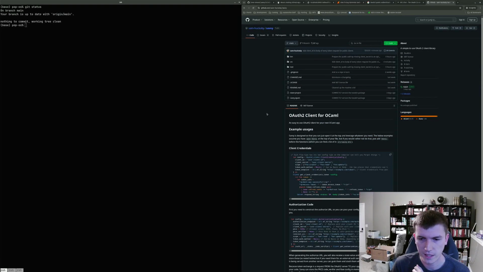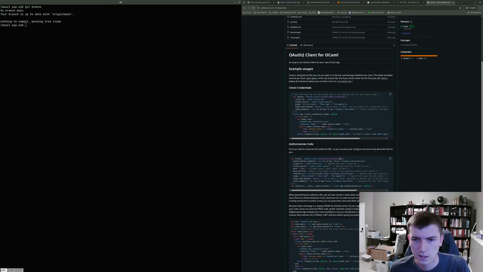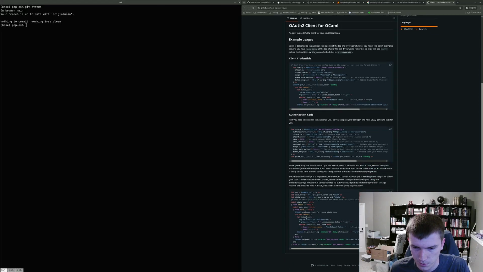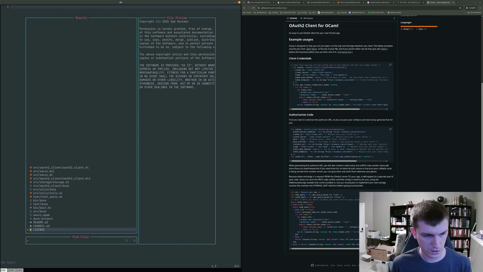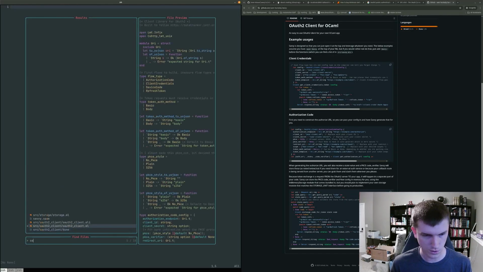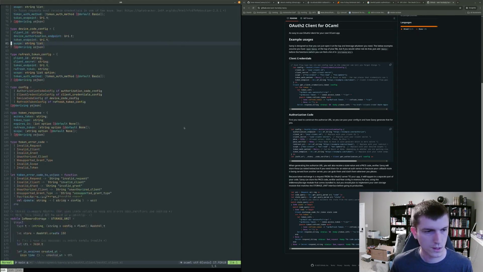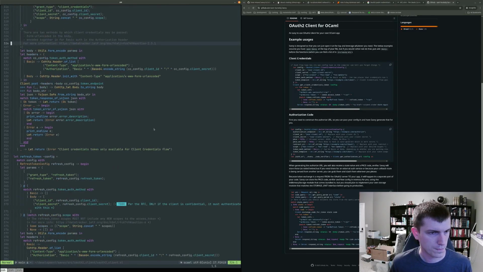Oh, so here we have, we should update our README probably. We at least need to update it because the README has mistakes in it now, because client secret is an option and not a string now. It's a string option and not just a regular string now, so we should at the very least update that. Oh, and my NeoVim config is not great with markup files, unfortunately. Every time I try to load one, it breaks stuff. Super annoying.